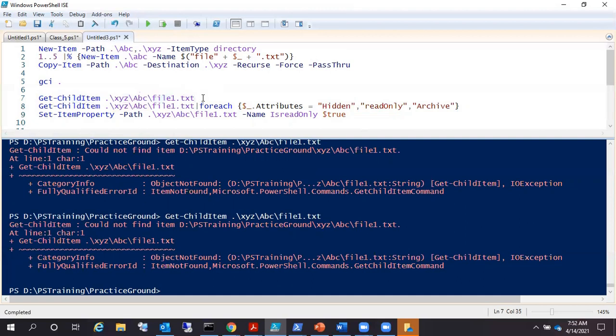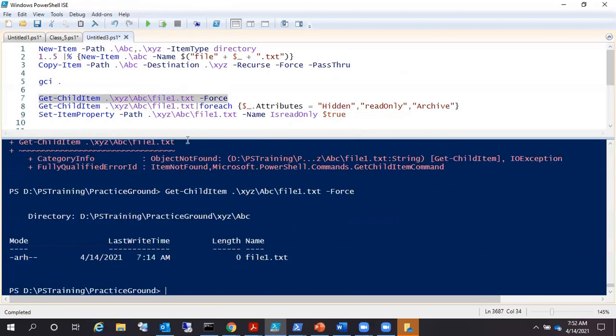Exactly. So what we can do for this is use -Force, and now we are able to list it. And if you can see the attributes, it is saying ready for archive, it's a read-only file, and it's a hidden file. Getting my point? Yeah, right? So this is the way we can make a file read-only or hidden, or we can unhide a file, and that way, right? So we can do it in this way.